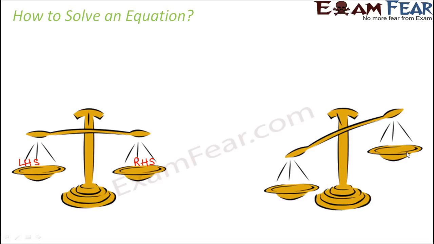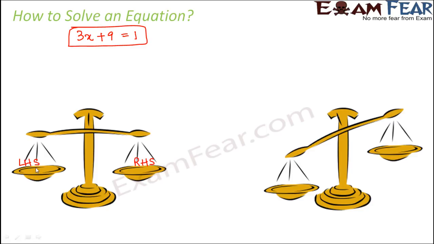This should be the first thing. Let's say we consider an example, 3x plus 9 is equal to 1. This is an equation given to us and we have to solve it. Now whatever we do to solve this equation, right now we are talking about a systematic approach, not the trial and error method. Whatever we do to this equation, we will have to do it in such a way that whatever is done on the left hand side is also done on the right hand side,